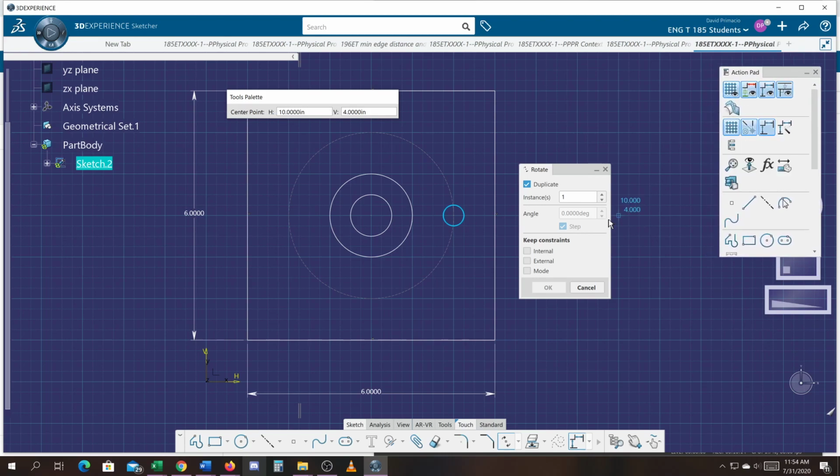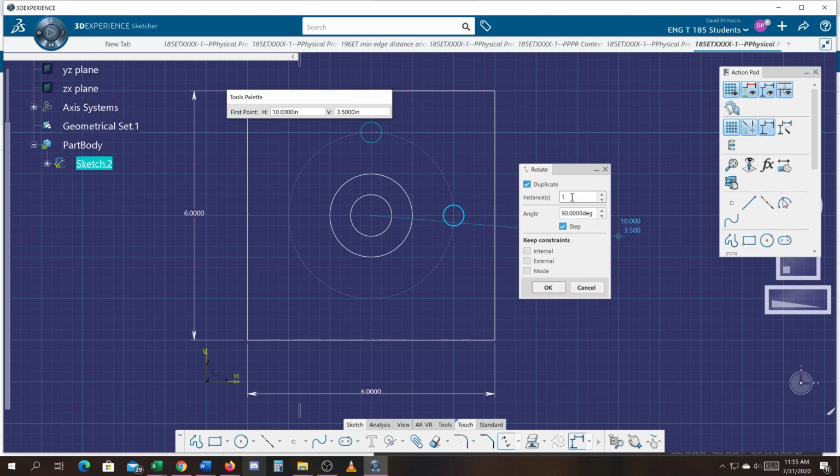Now, I have the circle highlighted. It knows it's going to rotate that circle. What it's asking for is the center point in the palette. It wants to know, well, where do you want to rotate it about? What's the axis of rotation? This is my axis of rotation right here. And I know it's going to snap correctly because I got that blue dot in the center letting me know it's concentric to these circles. So I go ahead and click on that, and I'm going to use a 90-degree angle and hit tab,